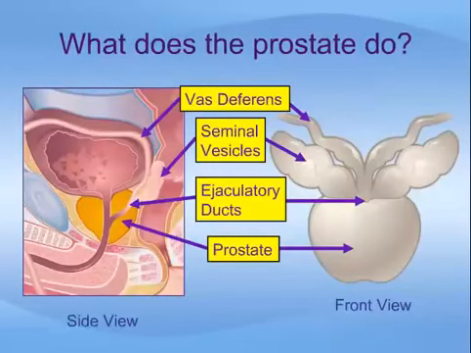This slide shows how the prostate is associated with the male ejaculatory system. Sperm is made in the testicles and travels through the sperm duct or vas deferens to join the ejaculatory duct. Fluid from the seminal vesicles and prostate also passes into the ejaculatory ducts to bathe the sperm and create semen, which is expressed out through the urethra during orgasm or climax. Prostate fluid plays an important role in fertility by helping to release the sperm from the other semen fluid and allow it to move forward to fertilize a female partner's egg.